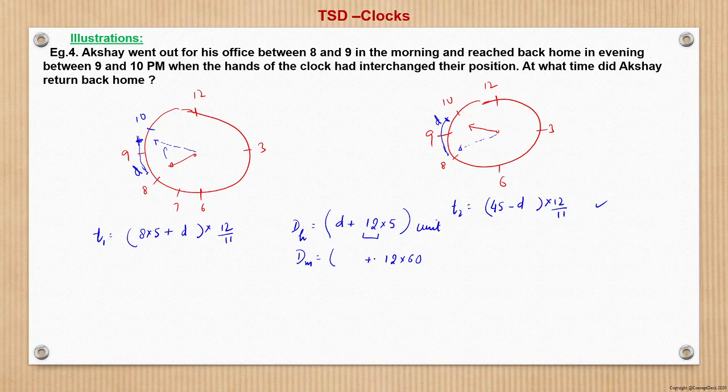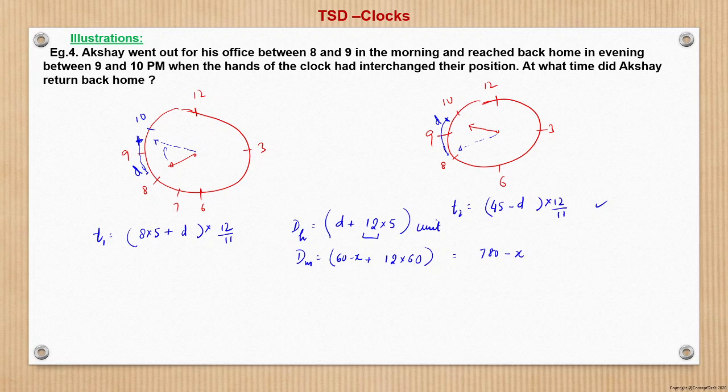But for the time when the hour hand travels from this to this, I mean for the first hour position, when the hour hand is between 9 to 10, and then again reaches between 9 to 10 in the evening. When the hour hand reaches up till this point in the morning, in that time the minute hand would have covered 60 minus x. So this is nothing but 780 minus x.